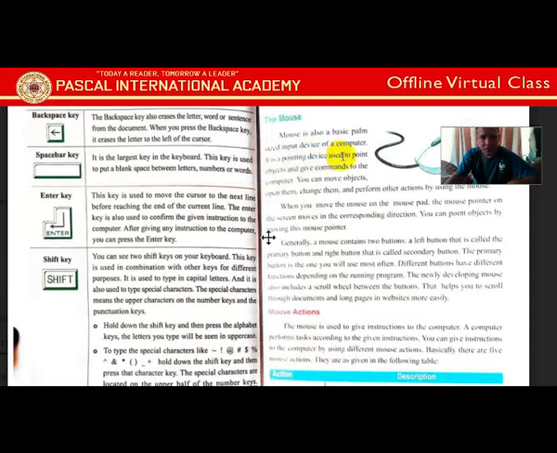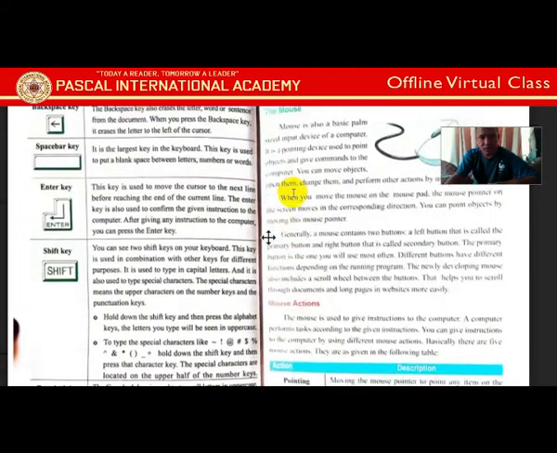It is a pointing device used to point to an object and give commands to the computer. You can move objects, open them, change them, and perform other actions by using the mouse.